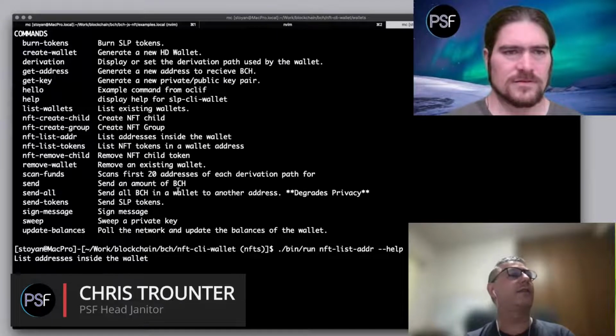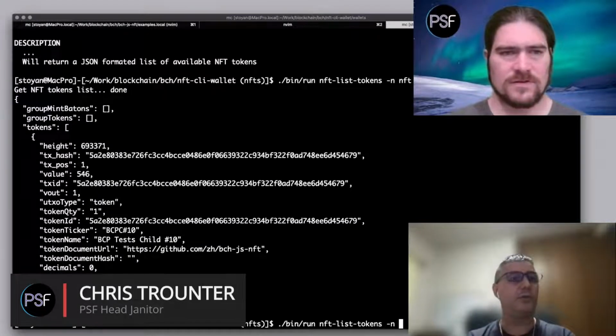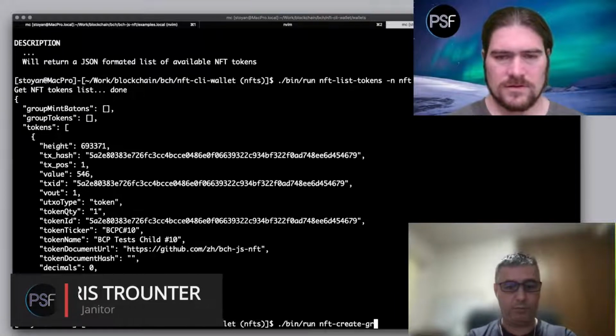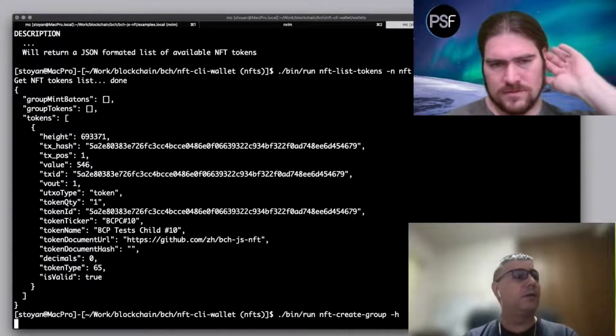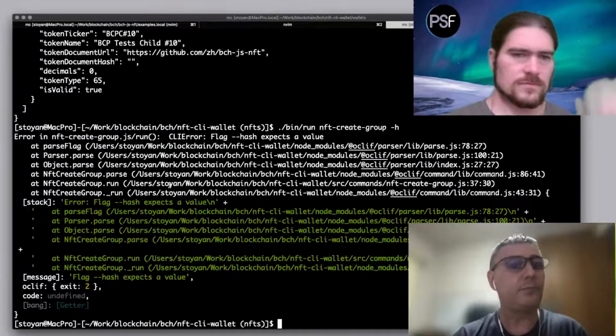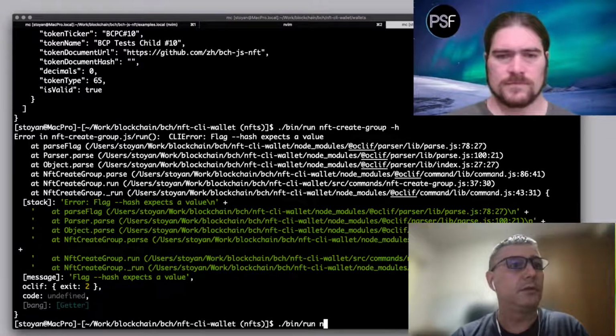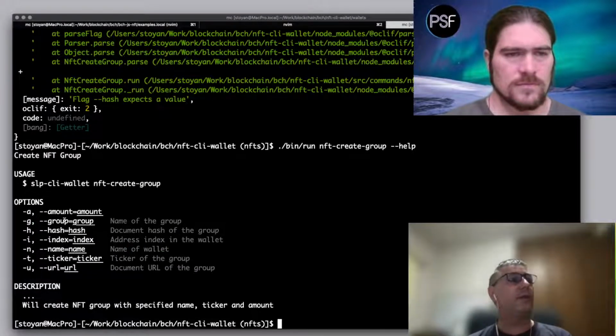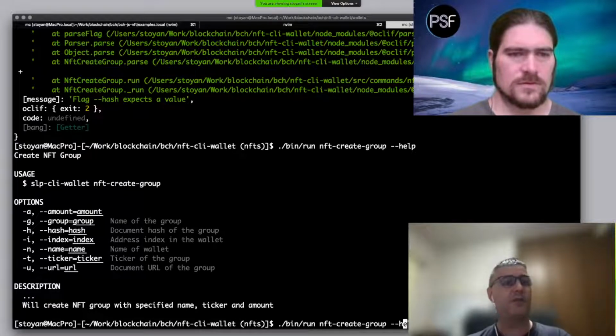You can create a group. These are my usual scripts that will help you populate this JSON file and send it to the call. So it's group name, stuff like this, and the same with the child one.